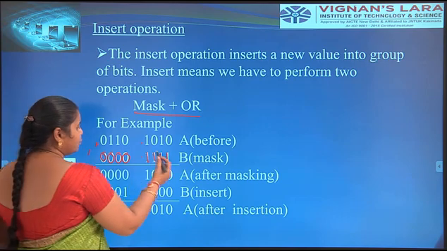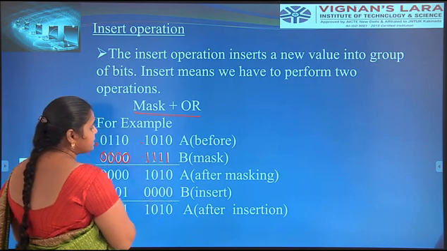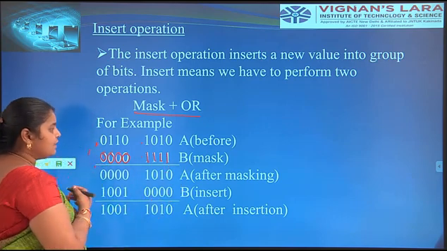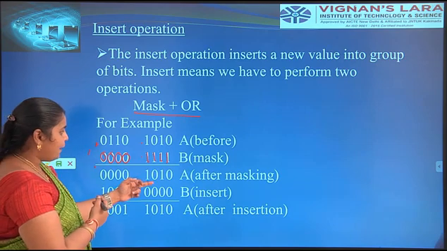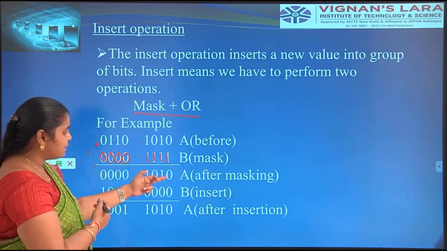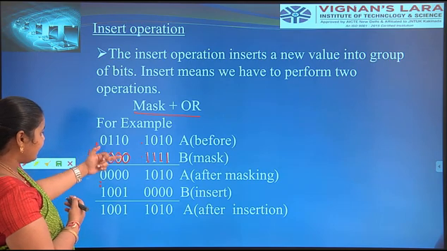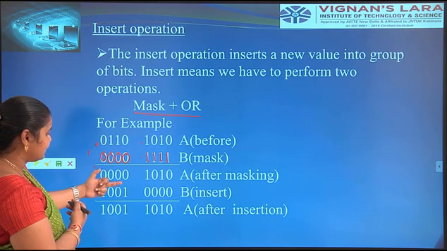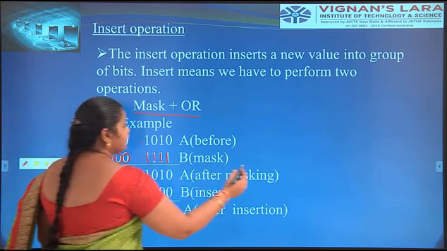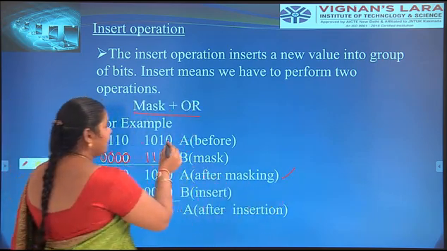That is, by using this mask operation, mask means there is no change in the ones. That's why you have to place A is 1 0 1 0. Only the 0 is masked, meaning any number there is placed as a 0. This is a mask operation after performing on the A bit.